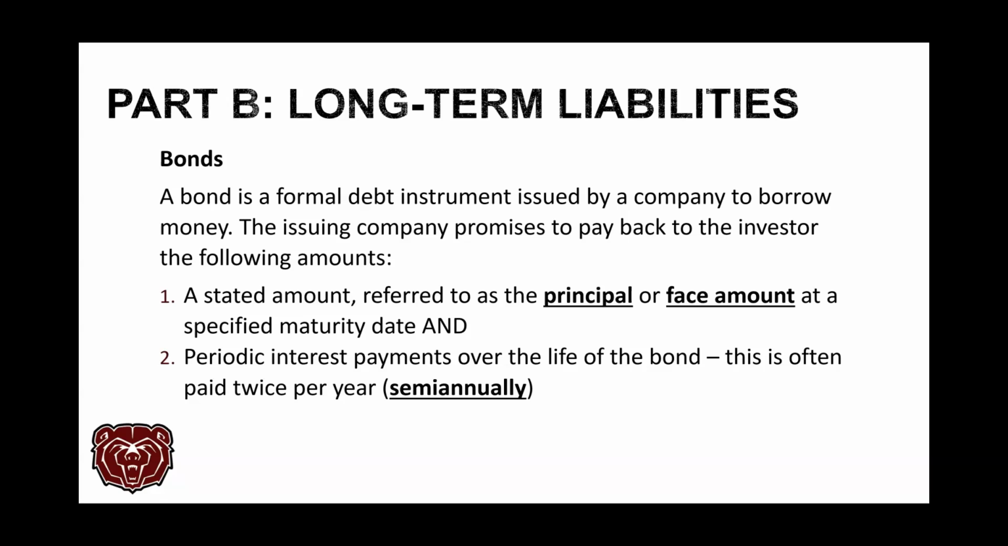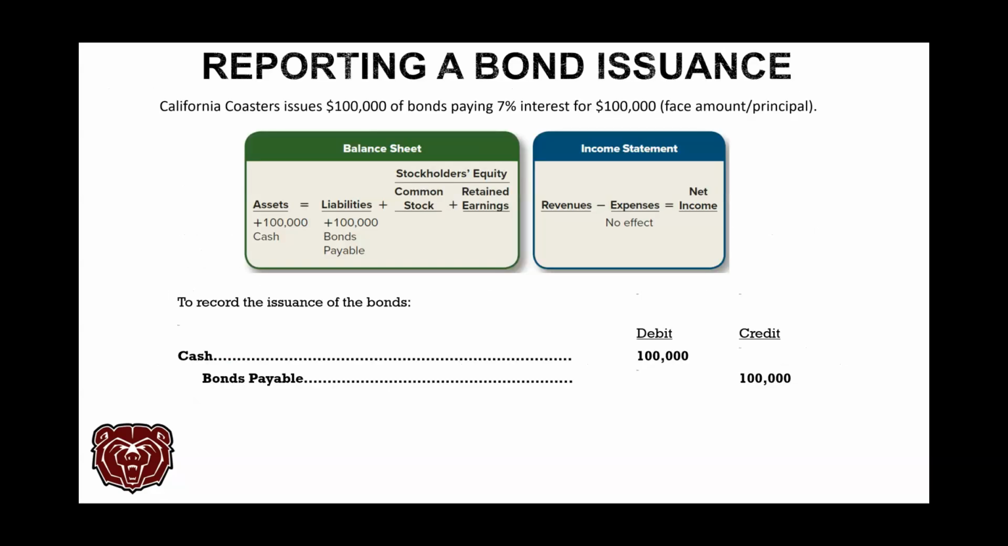the face amount. That's how much we say the bond is worth. So if it's a $100,000 bond, the principal is $100,000. Okay, and we're also going to pay them interest payments over the life of the bond. Okay, typically when we're talking about bonds, we're going to pay those twice a year or semi-annually. So when we report a bond issuance,